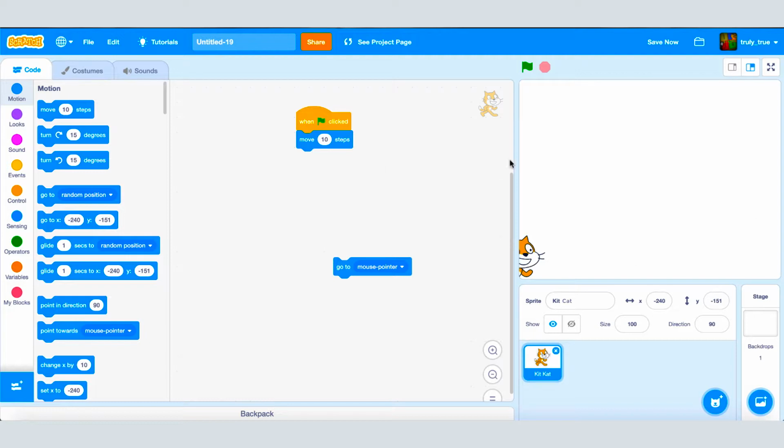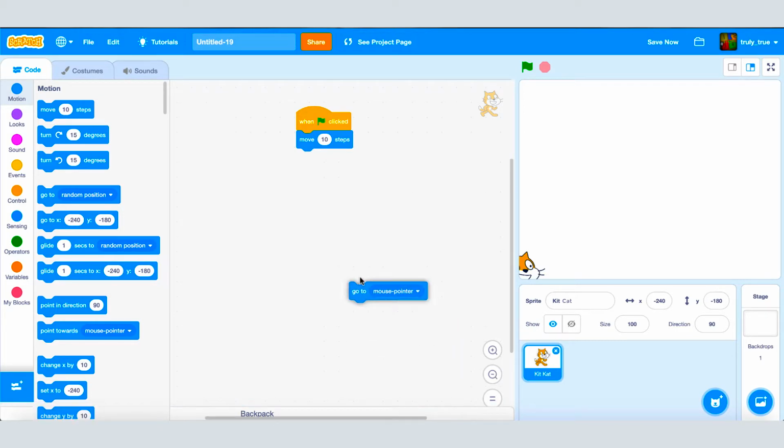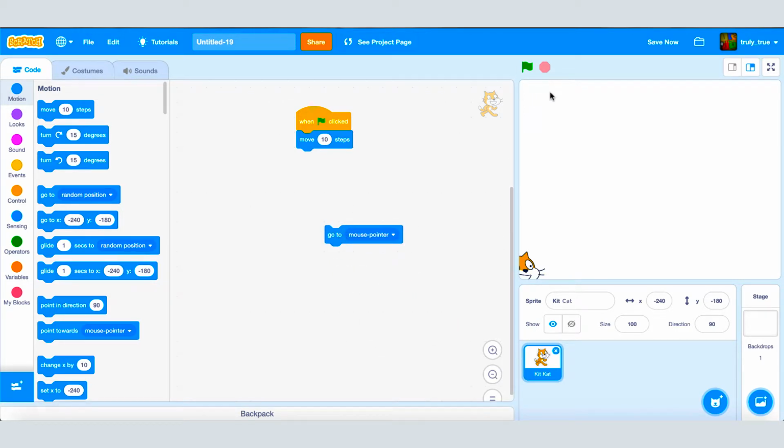But my mouse pointer is out of his little room, so he just goes as close to it as he can without leaving it. I want him to go there whenever I want. If I make him go there when I click the green flag, though, then he'll just go up to the corner of his room trying to get to my mouse, which is at the green flag. So how do I make a little Kit Kat go anywhere I want him to, at any time when I want him to? I'm going to go to the events section,